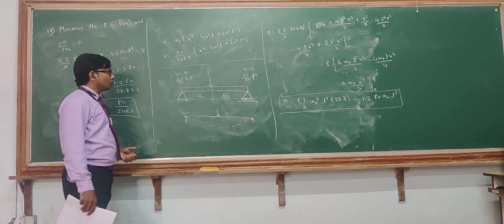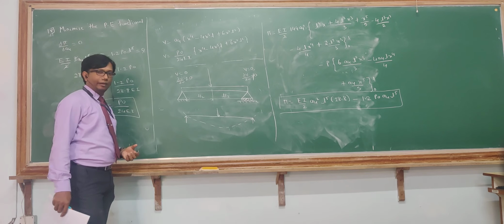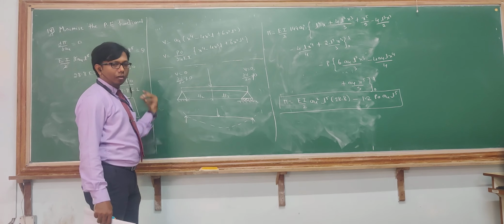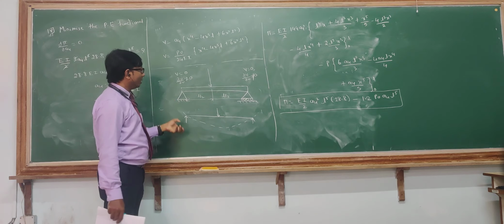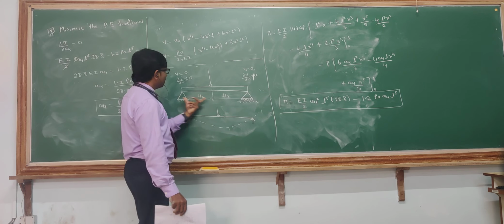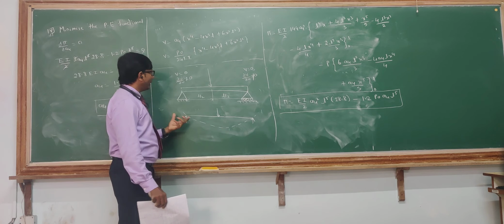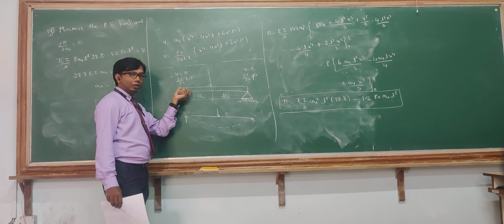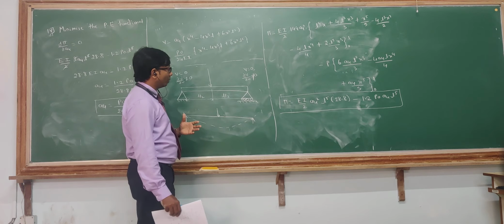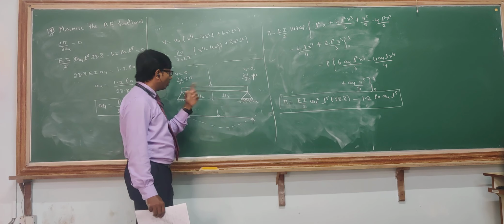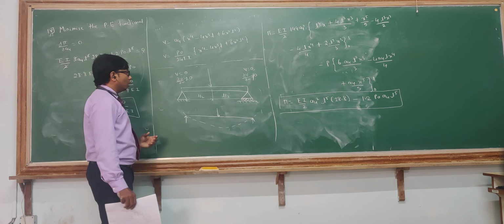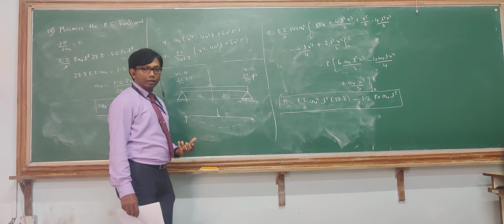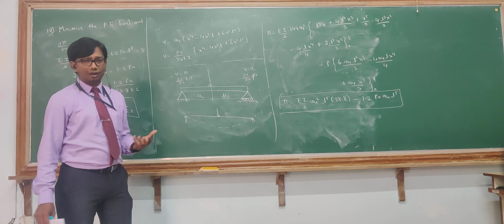So we need to know how much you have understood about this particular Rayleigh-Ritz method. So the same procedure, how you have applied it in the two previous problems which you have done. The same procedure, but the only thing is this is a simply supported beam where the slope is not equal to 0. If it was a fixed beam, it was 0, but it is a simply supported beam, so the slope will not be equal to 0. Now you have to check how to get the boundary conditions.